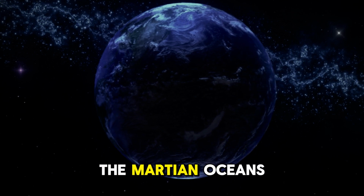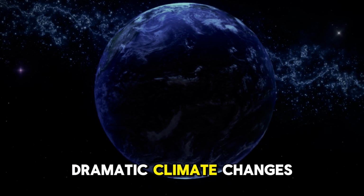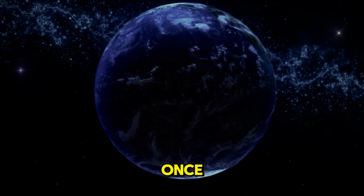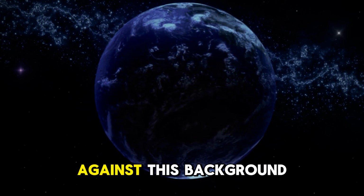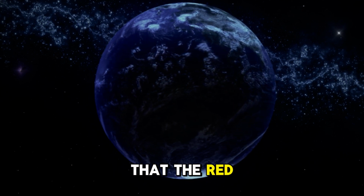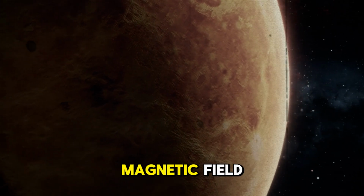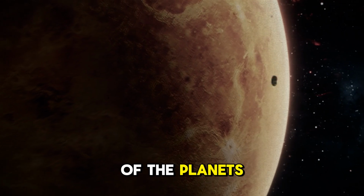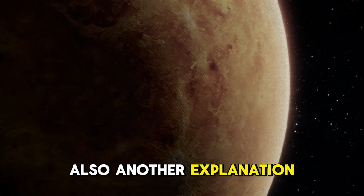Calculations have shown that the Martian oceans could have covered up to 75% of the planet's surface, but a few dramatic climate changes and the loss of the dense atmosphere later left little remnant of the once so liquid face. Against this background, most researchers assume that the red planet has simply released most of its water reserves into space due to the lack of a magnetic field. It was easy for the solar wind to sweep parts of the planet's atmosphere and therefore its water out into space. So much for the theory, but the bottom line is that there is also another explanation which does not